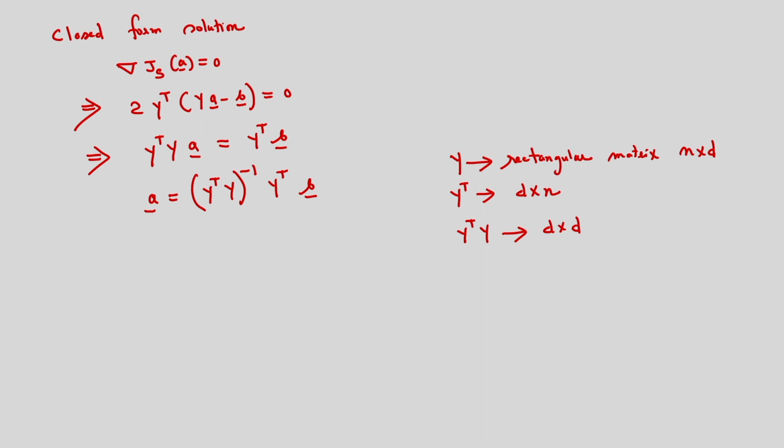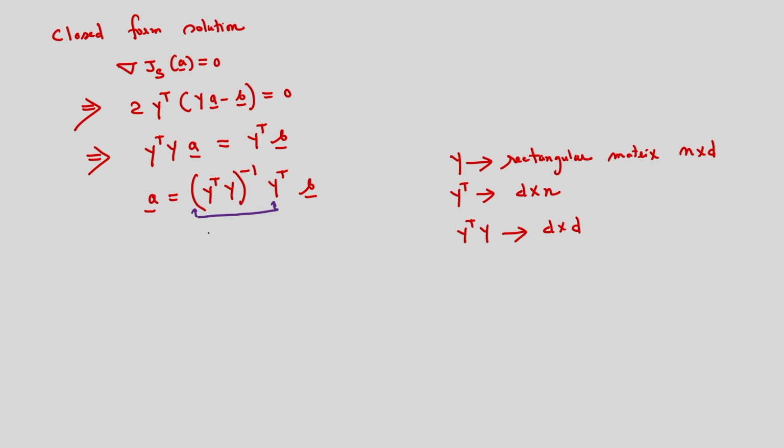because you can see Y is originally a rectangular matrix of dimension n cross D, and Y transpose has dimension D cross n. What is the dimension of Y transpose Y? The dimension is D cross D. So that means I am getting a square matrix. If I consider Y transpose Y, I am getting a square matrix. And if I consider this one, Y transpose Y inverse into Y transpose, so if I see this term from this to this,